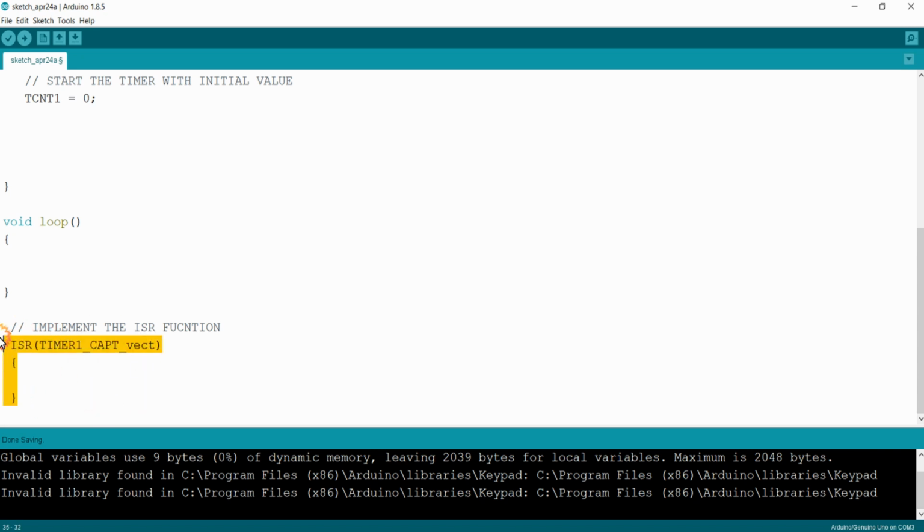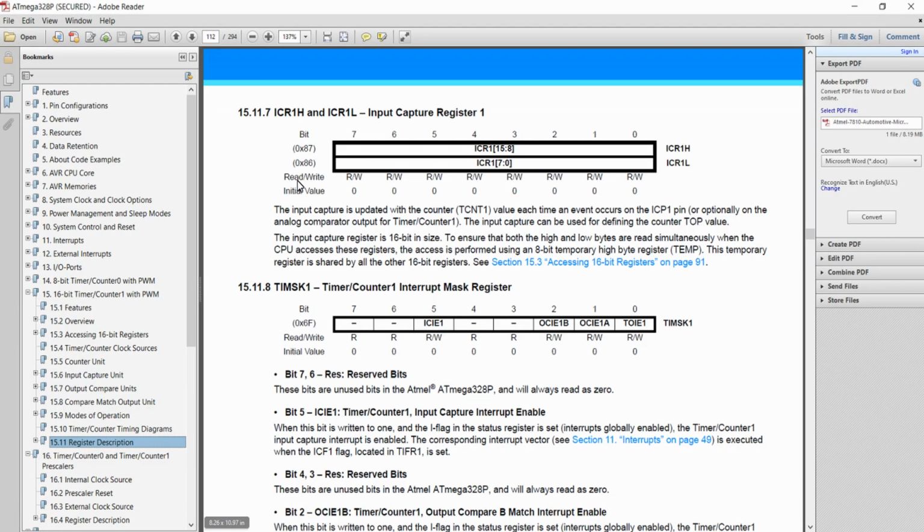This is the interrupt function for input capture, and inside this ISR, what I will do is capture the input capture register value at that moment into a variable called captured. The input capture register is ICR1.